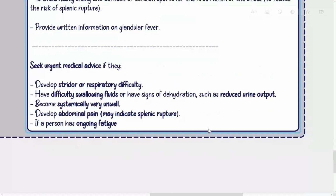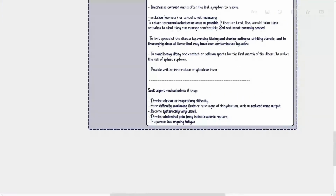Seek urgent medical advice if they develop stridor or respiratory difficulty, have difficulty swallowing fluids or have signs of dehydration, such as reduced urine output, become systemically very unwell, develop abdominal pain, may indicate splenic rupture. If a person has ongoing fatigue,